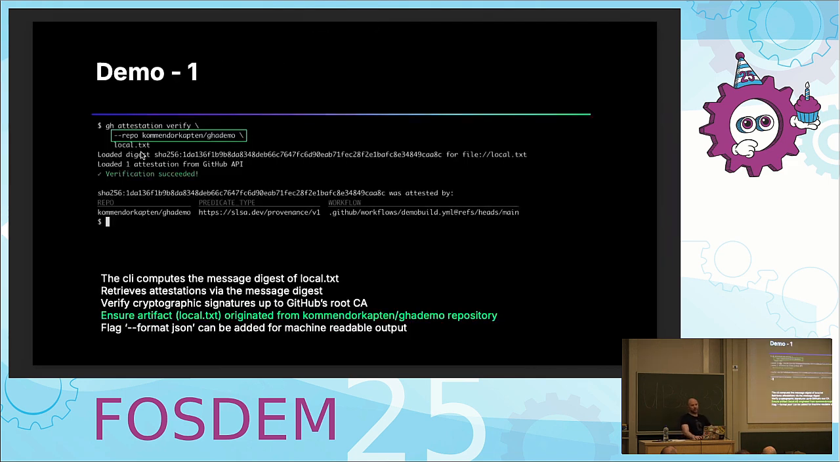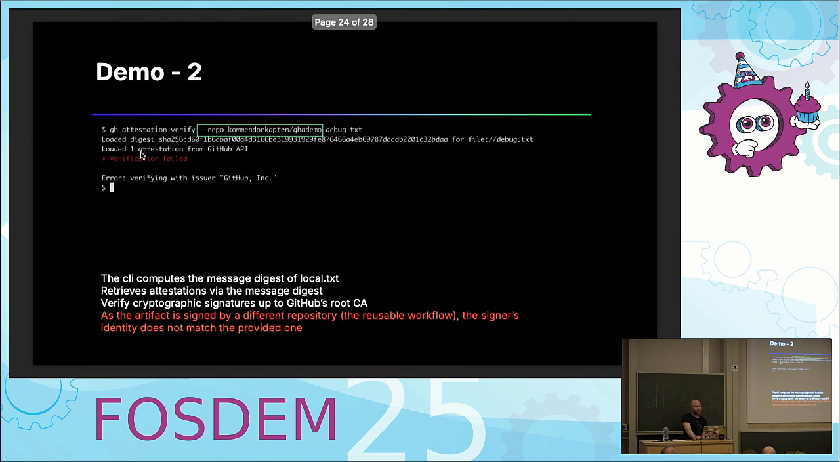So the first one is the simplest one, just verifying that this file is originating from a specific repository, and everything looks good. Second one, I'm looking at the debug artifact that was created by the debug reusable workflow, and if I try to verify this, we can see that it's failing, and that is because the identity of the signer doesn't match the expected one. And this is because when you're using a reusable workflow, the signer's identity references the reusable workflow, not the originating repository. So to fix this,